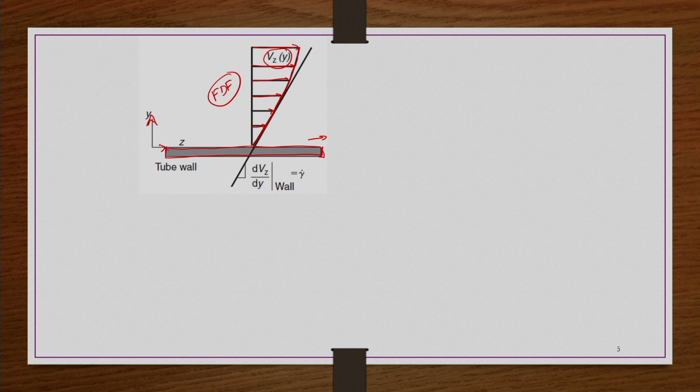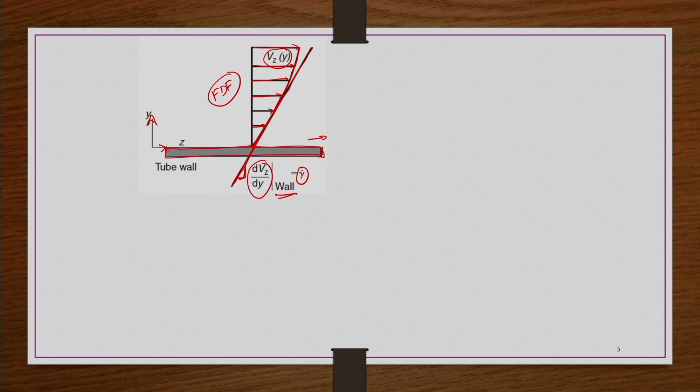Right. Now, if you wanted to know the shear rate at the wall, what you do at the wall, at whatever the z location you consider, because it is a fully developed flow. So whether you consider any z value, it would be fine, right. So, you draw a tangent to the velocity curve, the velocity profile at the wall. You draw a tangent like this and then find out the slope of that curve, that is nothing but dVz by dy at the wall, that we call wall shear rate gamma dot.